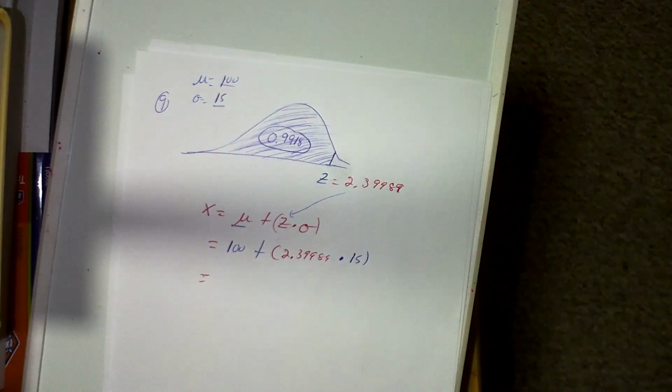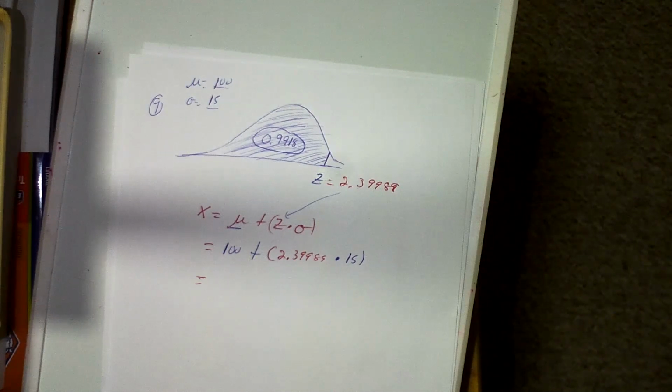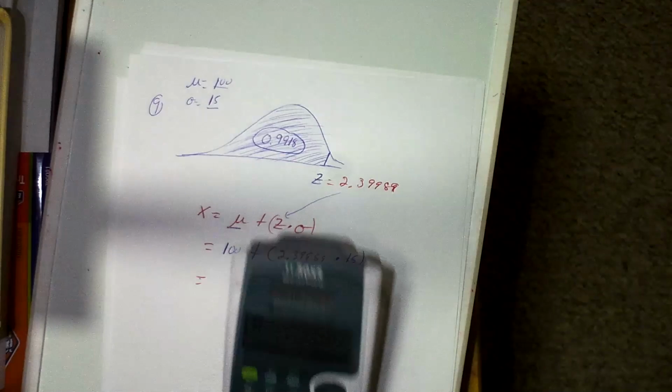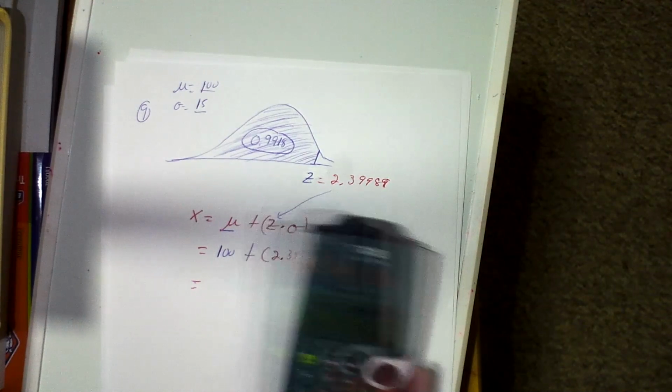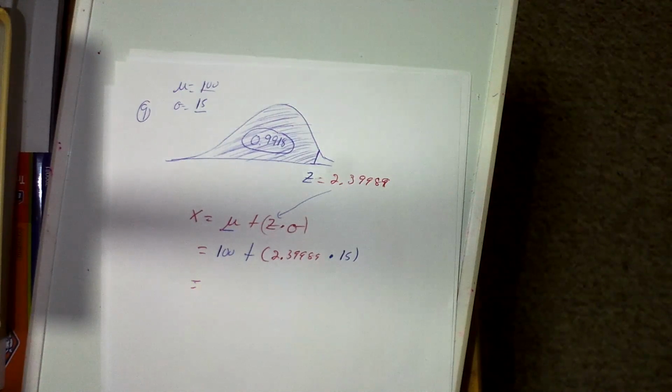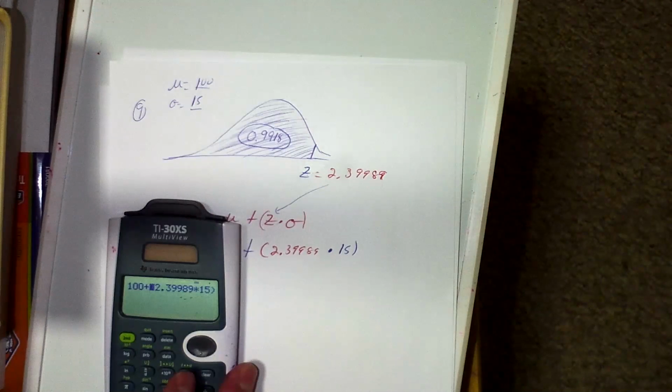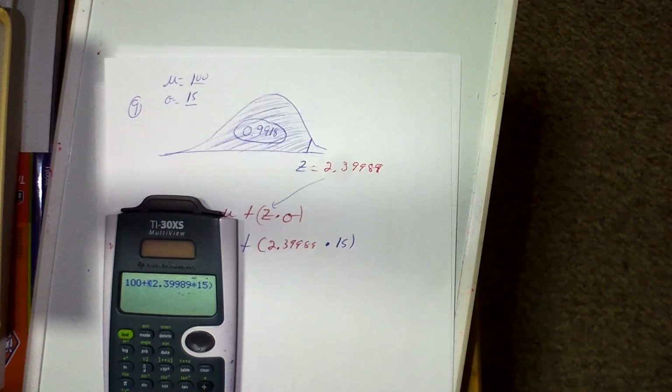Just type it in exactly how it appears in your calculator, unless you have an iPhone or an Android, then you're gonna have issues. But I'm typing it in exactly how I wrote it down, times 50. This is how I typed it in. There you go. 100 minus, oh, it should have been plus. 100 plus parentheses 2.39989 times 50. There you go. 135. So